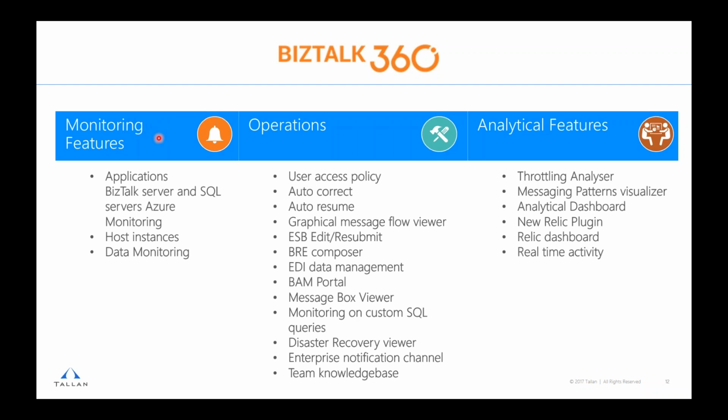this is a big area. But another area BizTalk 360, I think, does very well is around the operations. And so, for example, let's say some of our larger enterprise level clients, they may have 7 or 8 application servers. If there's an error and you have to hunt that error down in the event log, in the event viewer, you may have to log into each server, for example. BizTalk 360 actually gives you a single pane into all those different functionalities. So you'll be able to see across all 8 application servers.